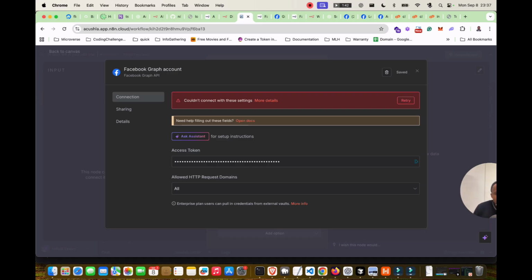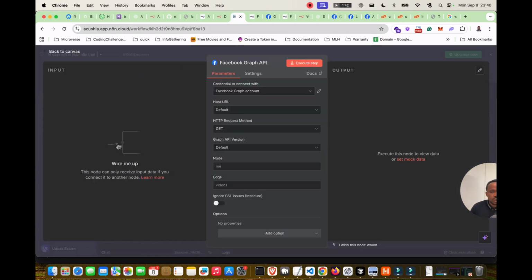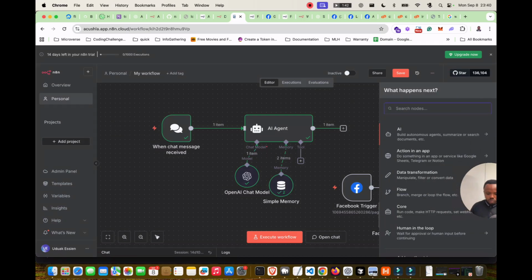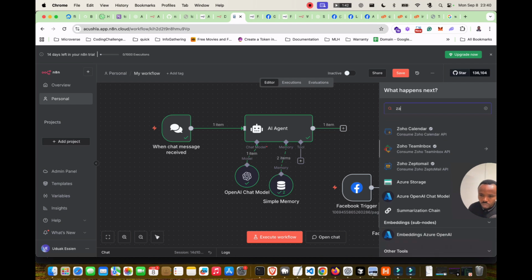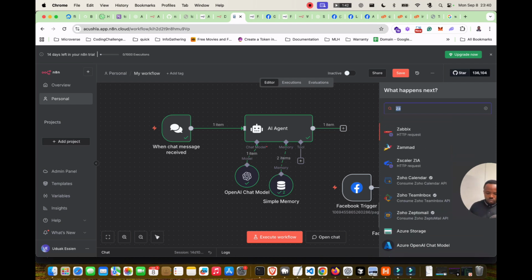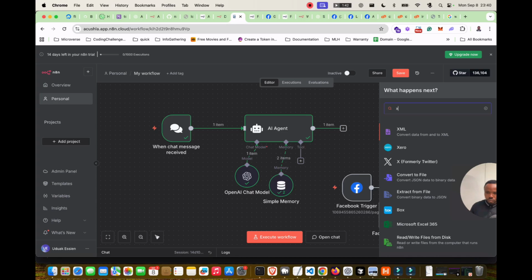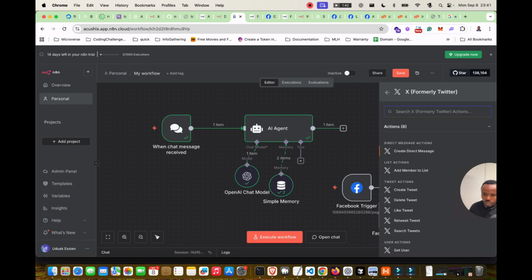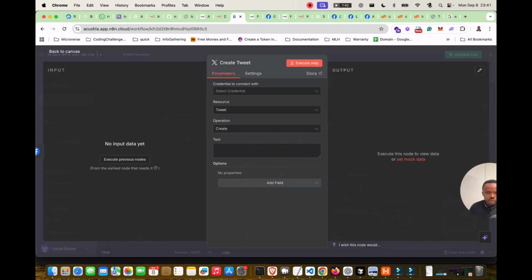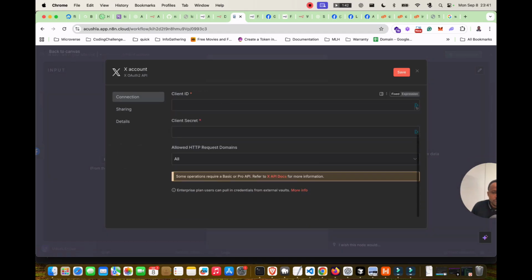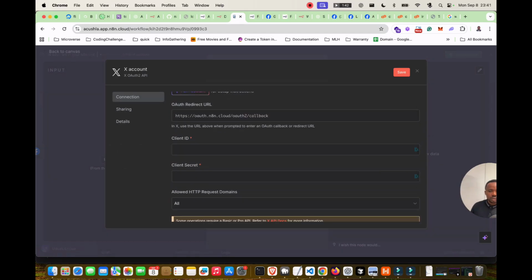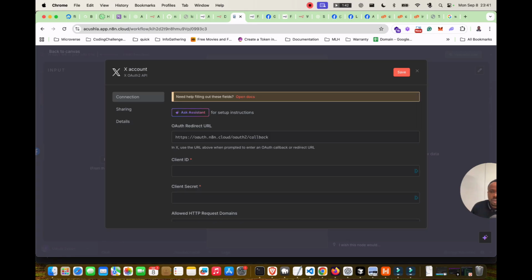What could be the problem? We have things like Zap. What about Twitter? Create a tweet. Here we'll have to do credentials again. Client ID, client secret. So I'm going to check these things later, but what I wanted to test out